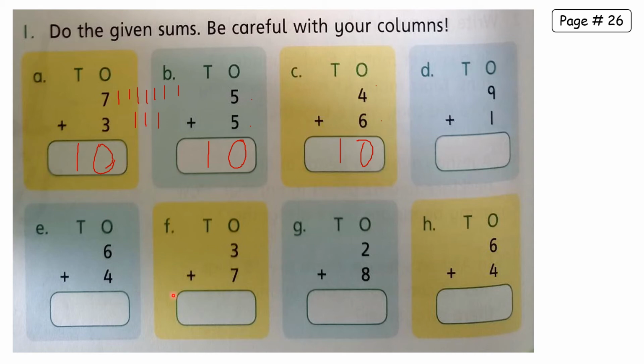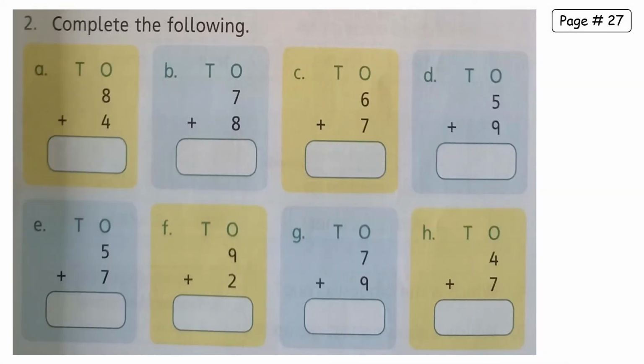So all these numbers, when we add them, add up to 10. So we'll write 10 like this in all parts. Okay, so next one is, again we have to add them. In the previous slide we solved the questions and the answer of all the questions was 10, but here we have different numbers. So let's see what we get when we count them.